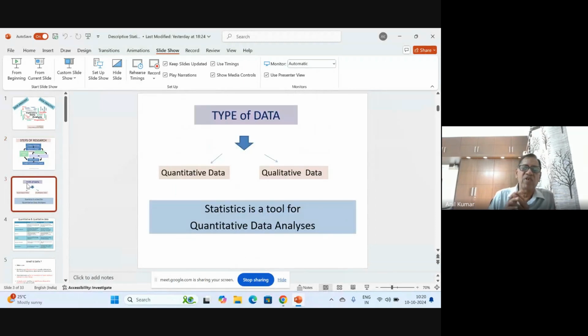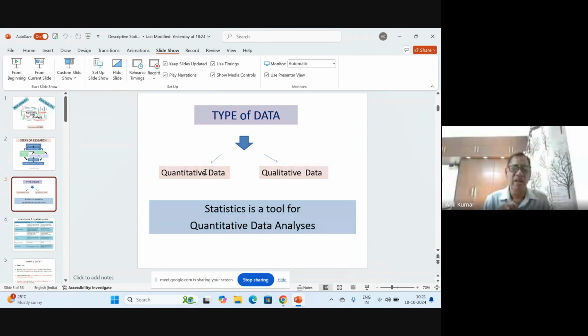And very important to keep in mind is that whenever we collect data, there may be two types of data. Just now I told you, one is quantitative data, another is qualitative data. So looking into the nature of the data, we enter into the process of data analysis. That is to be kept in mind. Now the question is, because today's topic is descriptive statistics, I am trying to link it with data analysis, and with the nature of the data. So the moment we have quantitative data or qualitative data, for the purpose of data analysis,